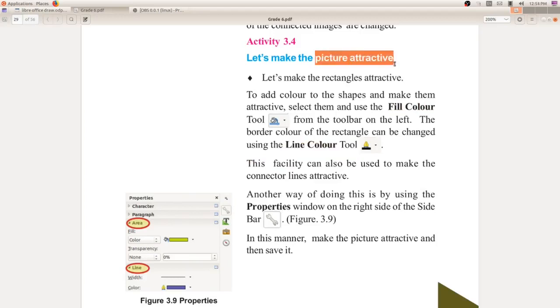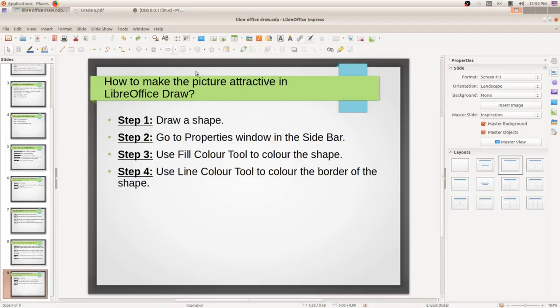Okay students, first you have to draw a shape. Then you have to use fill color to color the shape, and use the line color to color the border. I have written the steps here. Step 1, draw a shape.